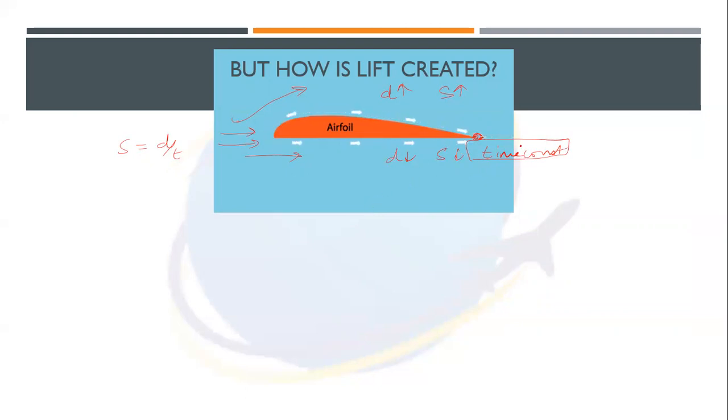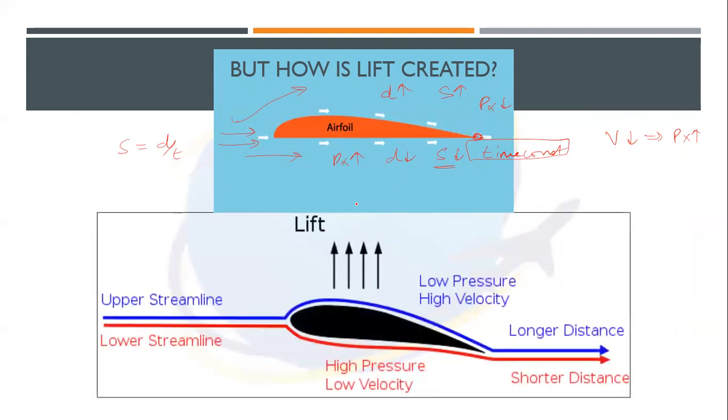And I just told you, by Bernoulli's theorem, if my velocity reduces, then the pressure has to increase. So my velocity has reduced, so my pressure will increase here, the pressure will drop here, and I will have a force like this, which is lift. Now this will overcome the weight because it is acting against gravity, or against my weight. The thing which is wrong here is simply that the time cannot remain constant like this.